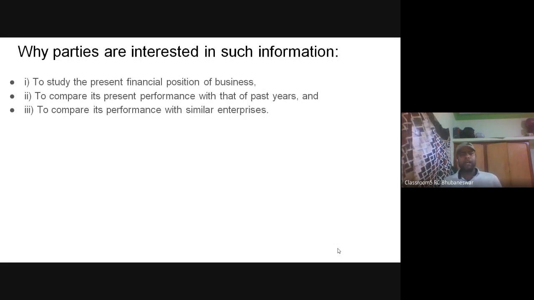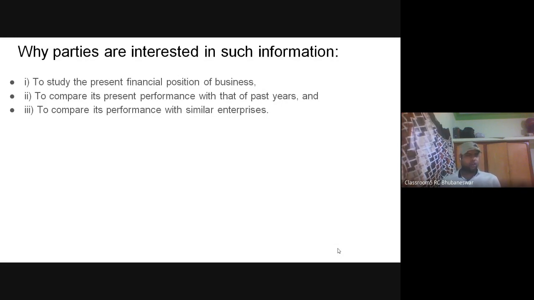So you can compare, and after comparing, you will find out whether the company has expanded or grown or not, whether it has made profit or not, whether it has increased positively or not. Then to compare its performance, that means if we are comparing XYZ Limited's performance with ABC Limited, which both are